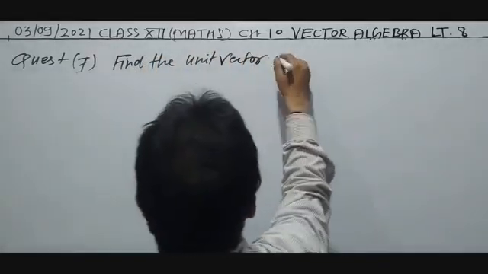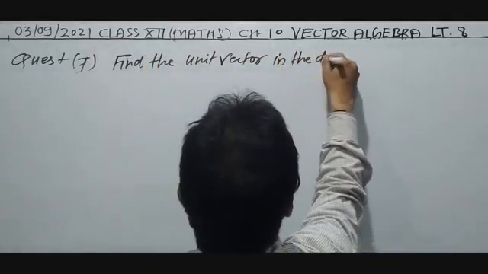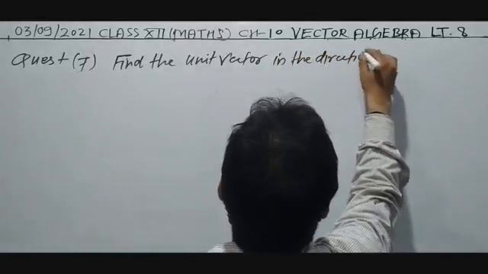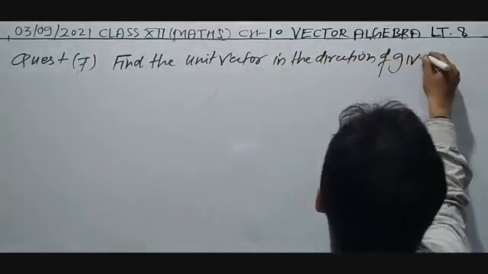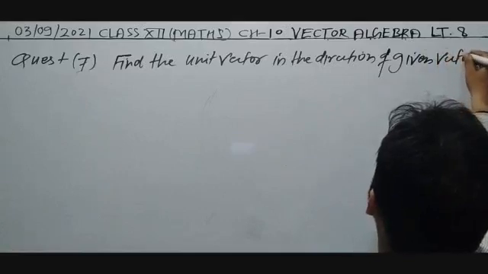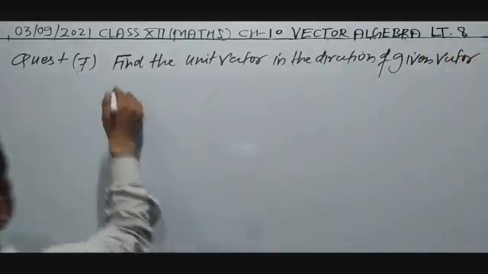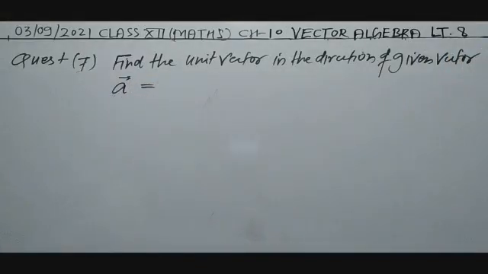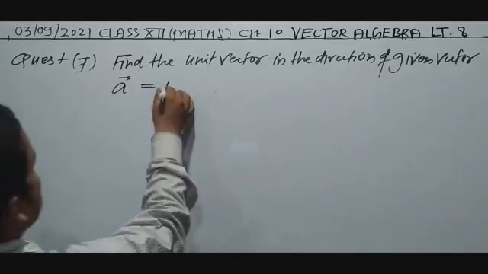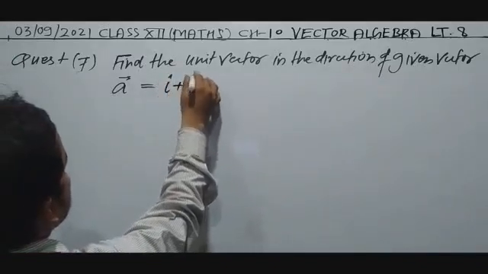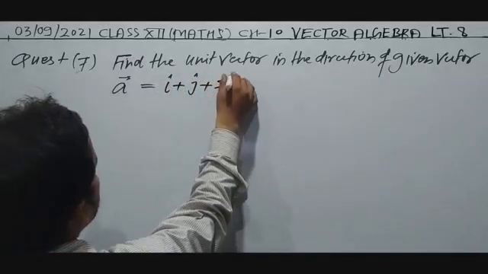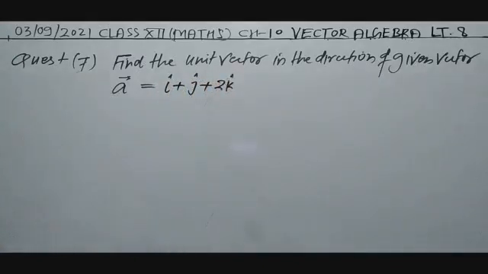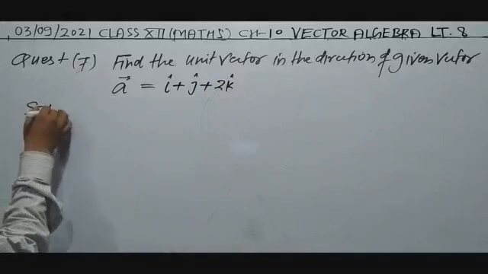Vector A is equal to, this is given, i plus j plus 2k. We have to find out the unit vector. So solution: